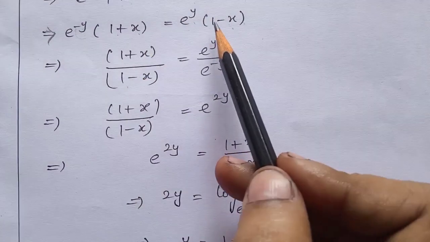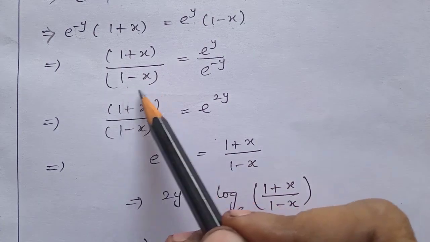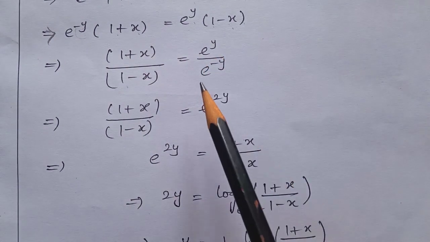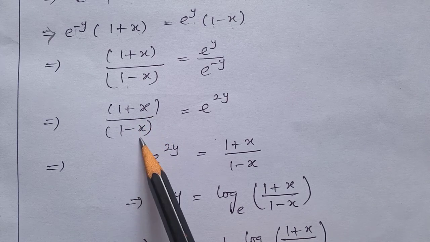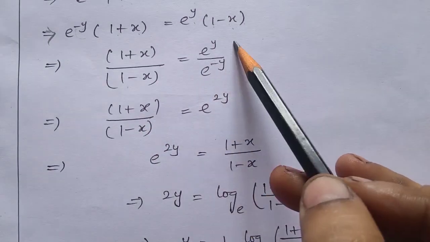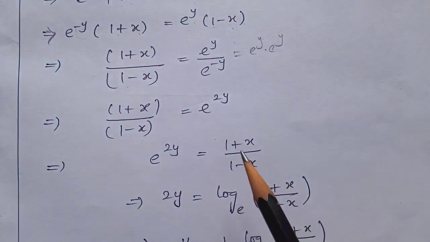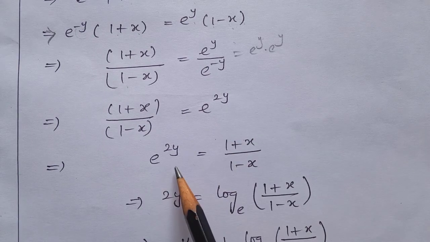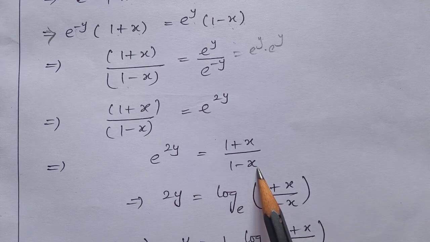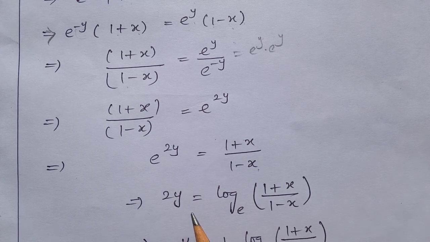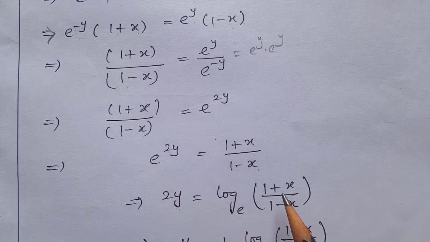So e power minus y goes from the LHS to the RHS, and 1 minus x goes from the RHS to the LHS. So 1 plus x divided by 1 minus x equal to e power y divided by e power minus y. So 1 plus x divided by 1 minus x that is equal to, taking e power minus y up, we get e power y, so e power 2y. So e power 2y that is equal to 1 plus x divided by 1 minus x. When we apply log, the e and log cancel and we are left with 2y only. So 2y that is equal to log of 1 plus x divided by